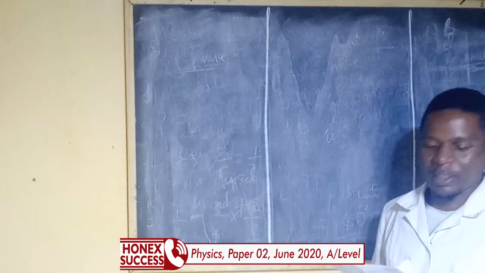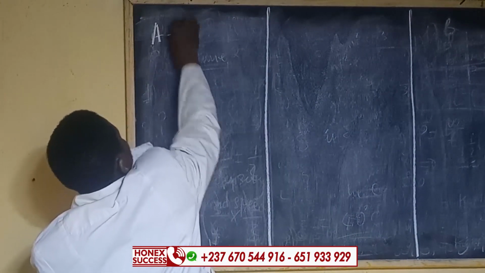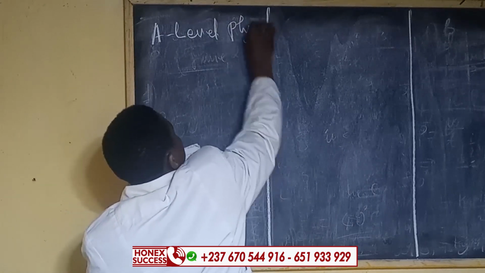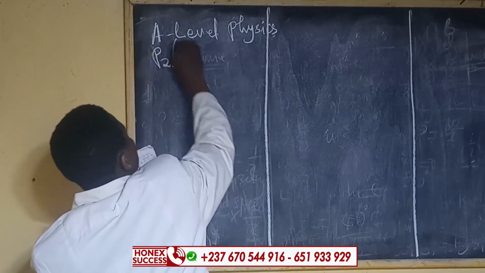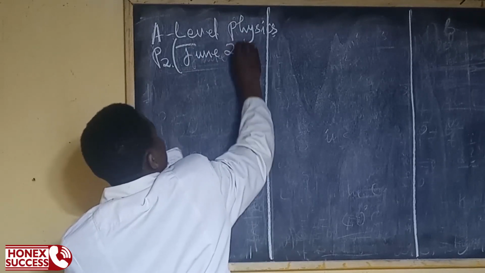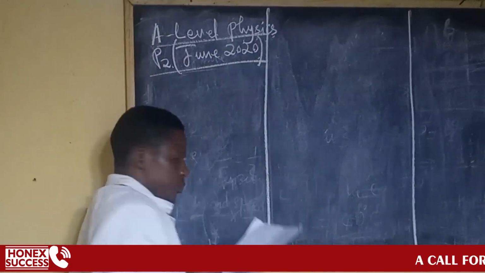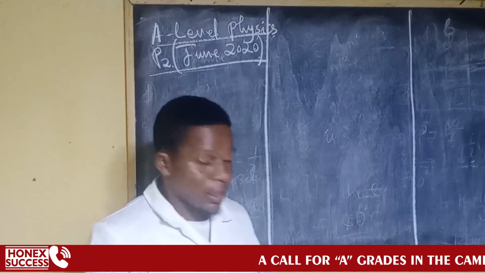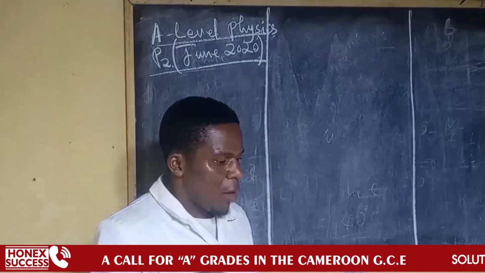And today, right away, we'll be treating A-level physics, paper 2, June 2020. Good. Okay. In June 2020, the first question that was asked in paper 2 of physics is: the power